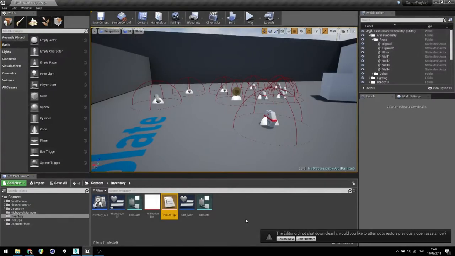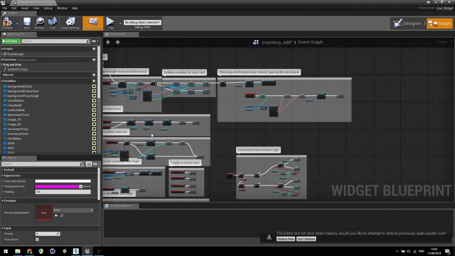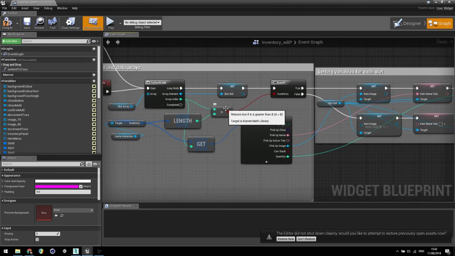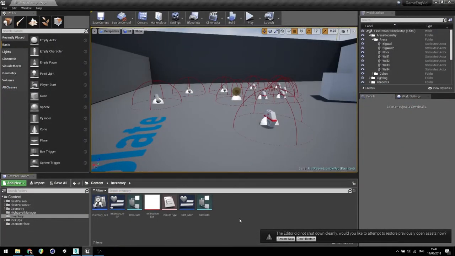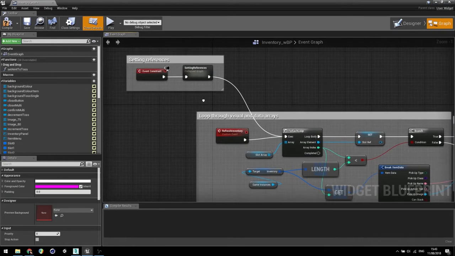The next thing to have a look at is the actual logic of the inventory widget itself, in terms of the blueprint stuff in the graph. If we open this up and jump into the graph, if you remember correctly,